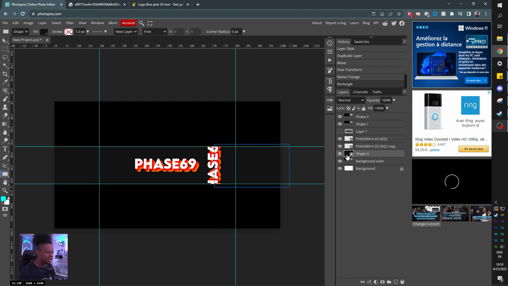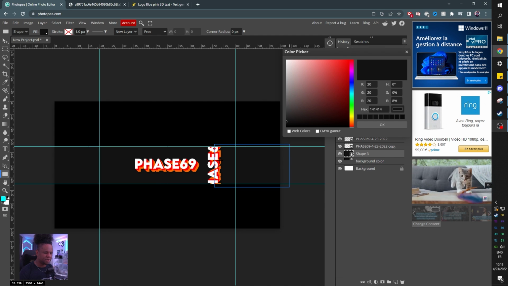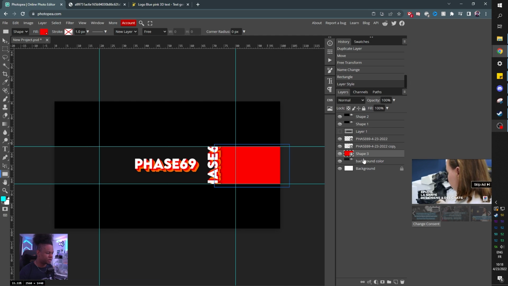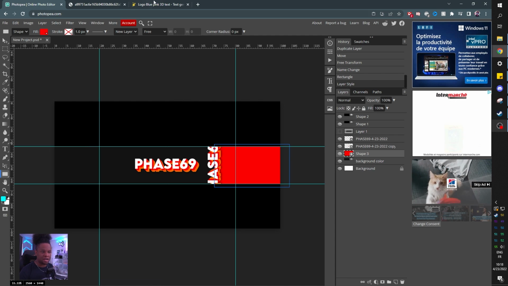Double click on the layer icon of that one you just created. And now we want to color pick something that might be in there, right? Maybe orange, maybe red. The red really, really pops. Maybe we'll keep it for now. Boom. Okay, cool.